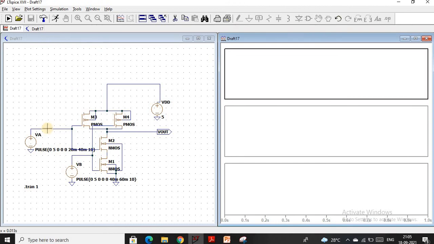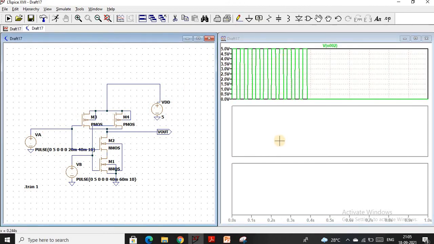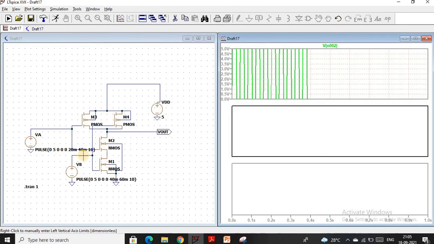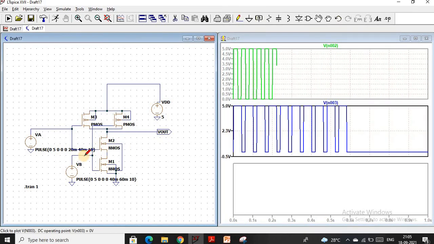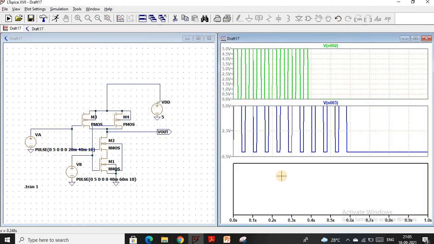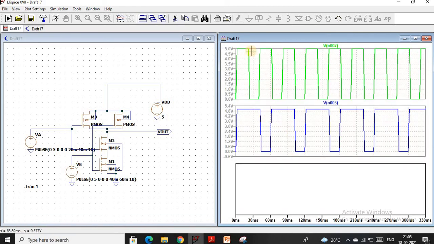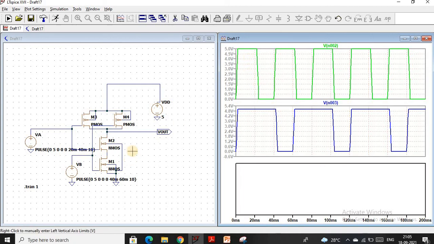In the first plot, I put the input VA. In the second plot, VB. And in the third plot, firstly I maximize it. Now fine.